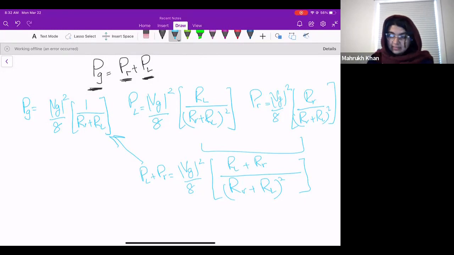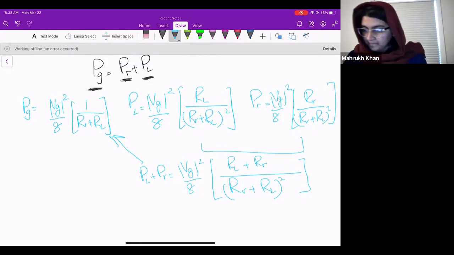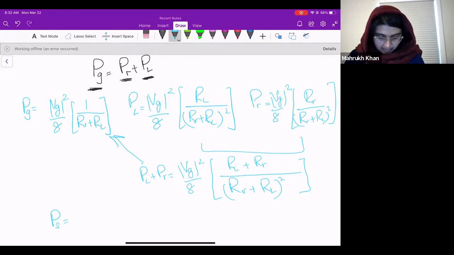So we have also calculated supplied power, which I will write again here. Power supplied was